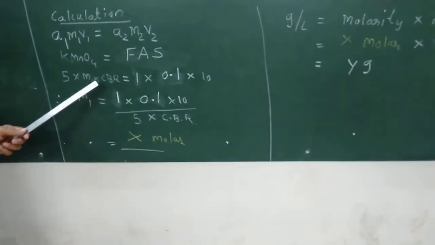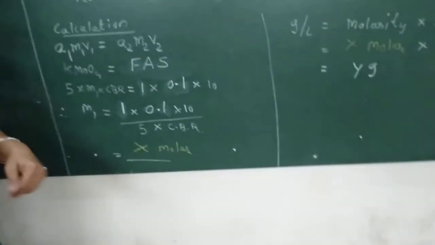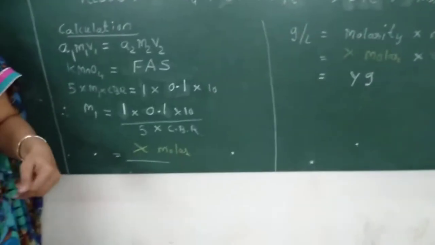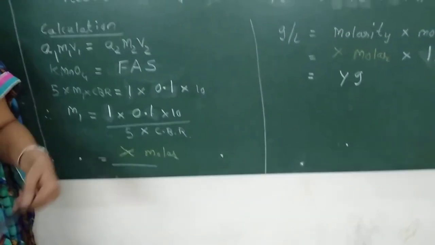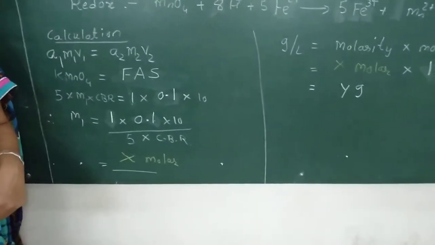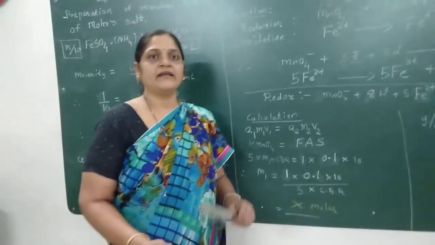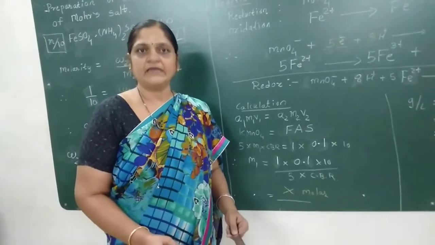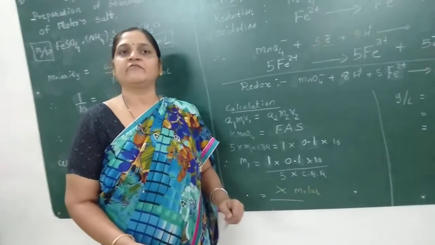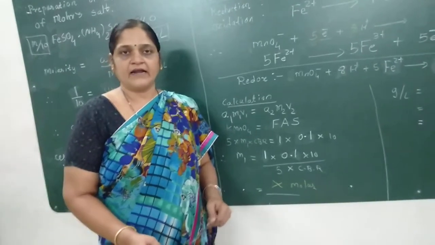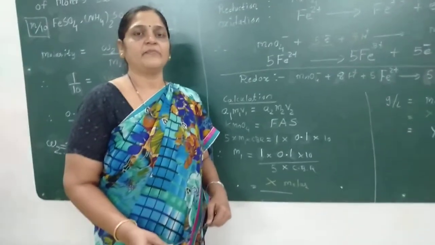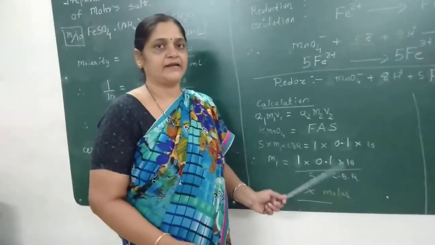This concordant burette reading you will get when you repeat your titration 2 times or 3 times. Whatever process I have done over here gives you the first reading. Now for the second and third reading, you repeat this procedure, but you have to take care that your reading should not differ much from the first reading. Either it should match your first reading, or it should be plus minus 0.1 ml of the first reading. Right? It should not differ too much. A 0.2, 0.5 ml difference will not be accepted for getting the concordant burette reading.